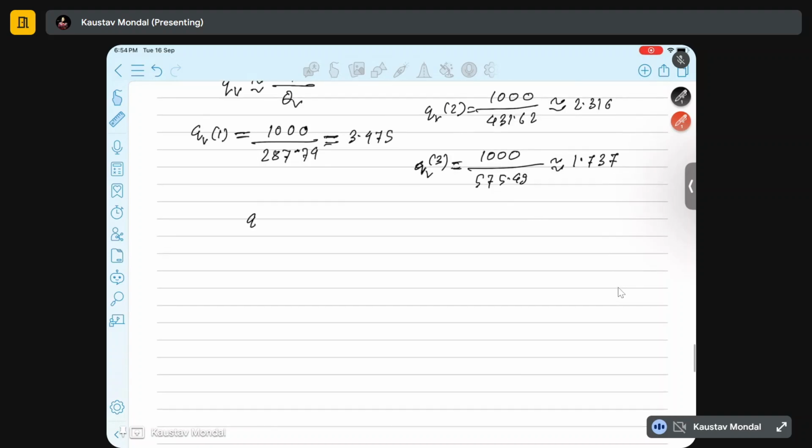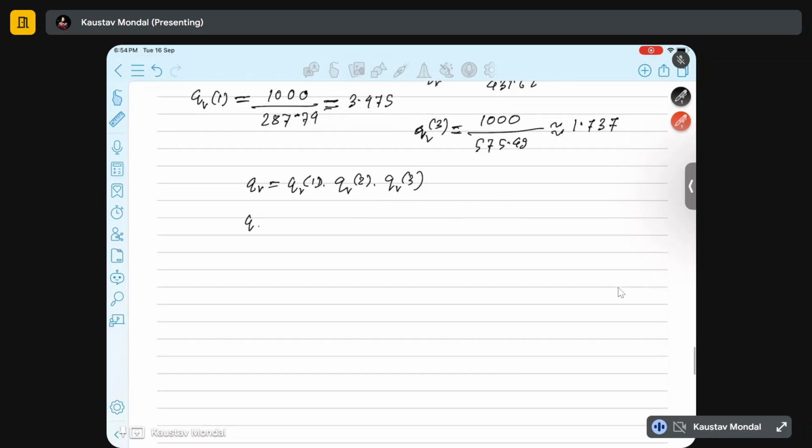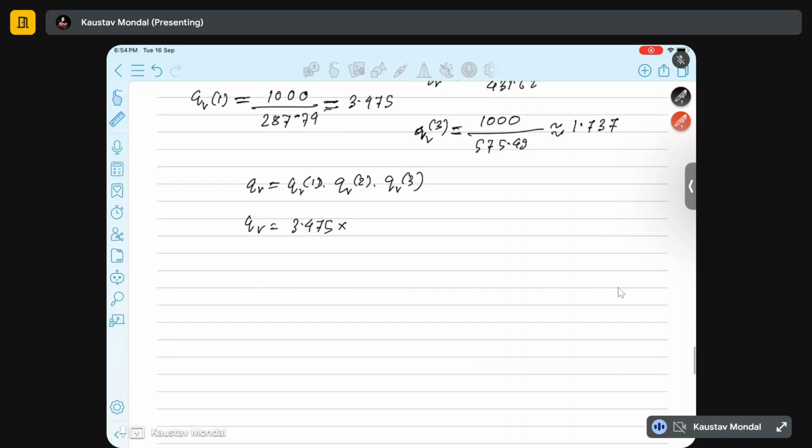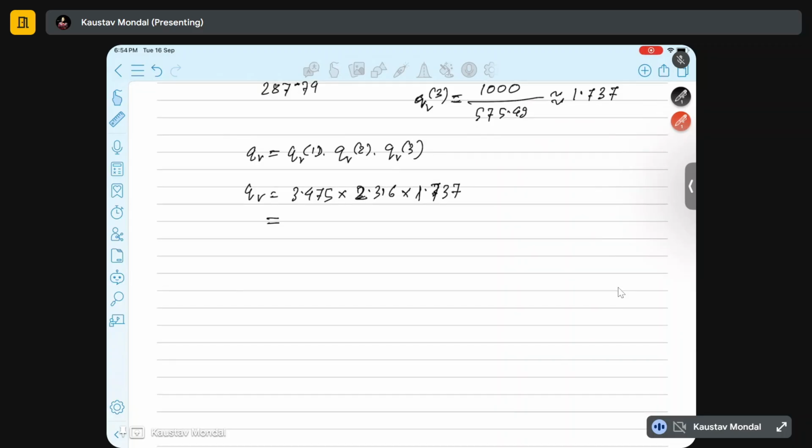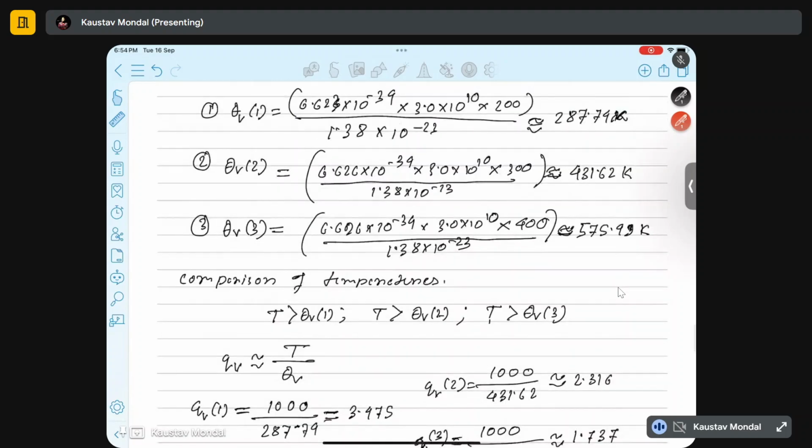So the total QV value would be simply the multiplication of all the three, QV1 into QV2 into QV3, right? So this gives you basically 3.475 into 2.316 into 1.737. So if you multiply these three, this gives you 13.99 QV. So as you can see, for this case, what temperature you can see is much higher than all